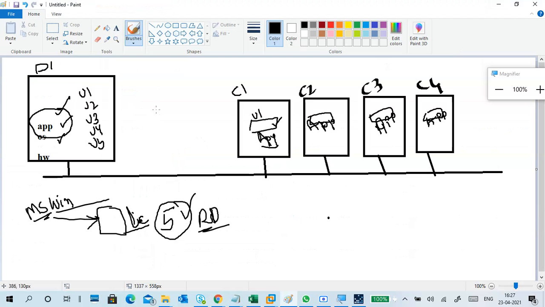To understand layer by layer the evolution of the different types of virtualization, I'm starting like this. The ultimate solution for this: virtualize user settings and the application also. Virtualize your application so the user can access it from anywhere.